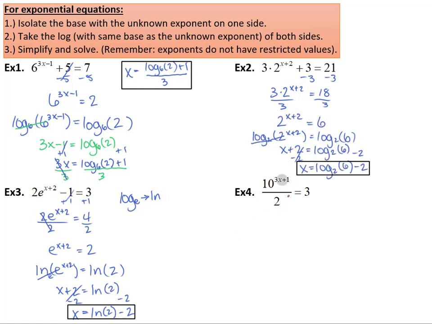Okay, last one for our exponential equations. This time I cannot write these as powers of the same base or combine them. So instead, to get rid of our 2, if my base is being divided by 2, let's just multiply both sides by 2. And so by multiplying by 2 on both sides, these cancel. We get 10 to the 3x plus 1 equals 6. And now my base is isolated, so we're going to go ahead and take the log of both sides. And when we use base 10, that's actually the common logarithm,